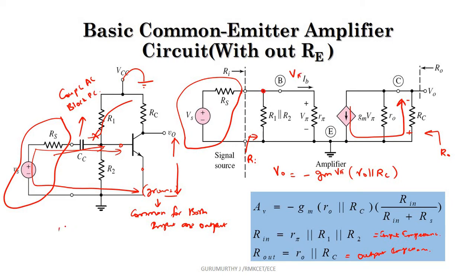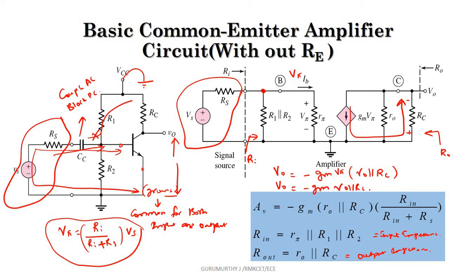So V pi is written as, you can consider this Rs, and the whole combination of this is nothing but Rin, so Rin by Rin plus Rs into Vs. So this is nothing but the voltage divider rule. You can use that. So you will get V0 equals minus gm R0 parallel Rc, Rin by